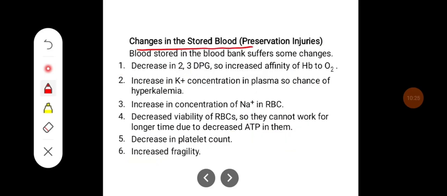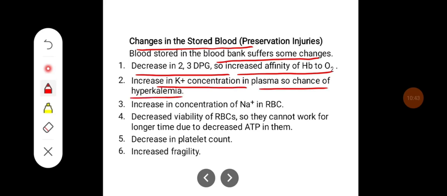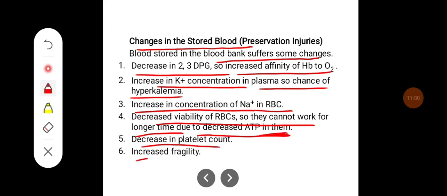Changes which occur in the stored blood. Blood stored in the blood bank suffers some changes. There is a decrease in 2,3-DPG, so there is increase in the affinity of hemoglobin to oxygen, and increase in potassium concentration in plasma, so there could be a chance of hyperkalemia. There is increase in the concentration of sodium in the RBC. There is decreased viability of RBC so that they cannot work for longer time due to the decreased ATP in them. There might be decrease in the platelet count, and there